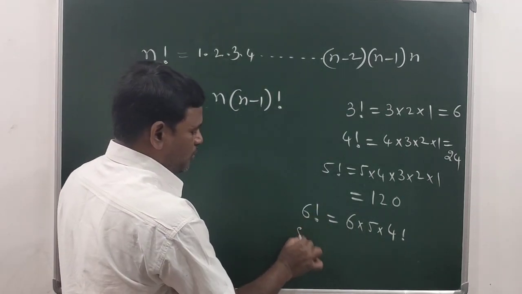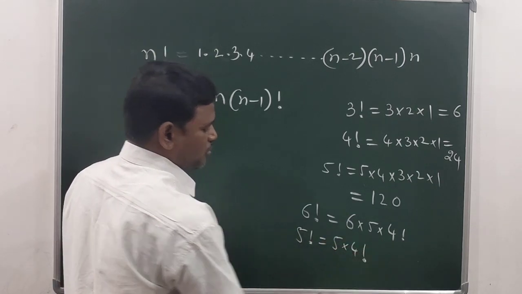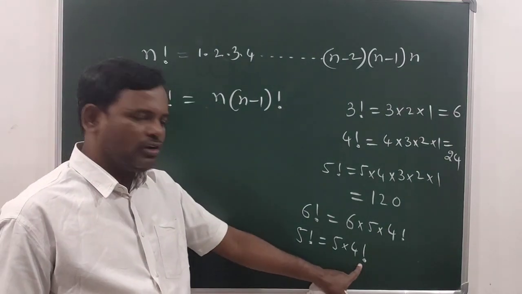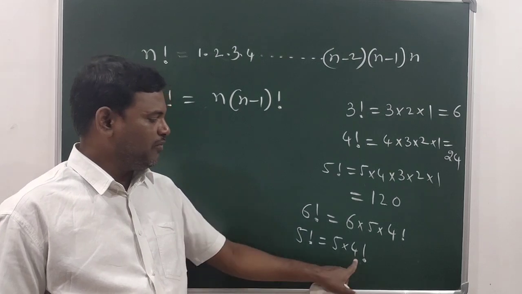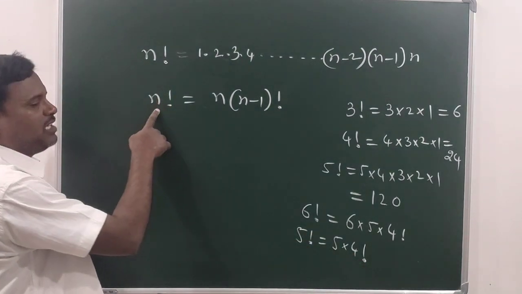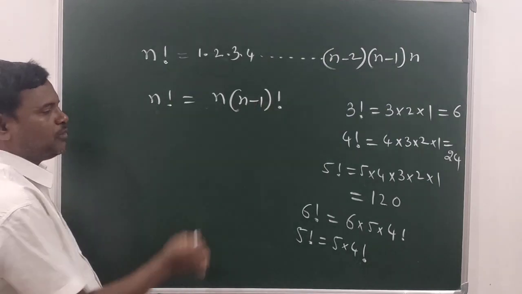Suppose 5 factorial, it can be written as 5 into 4 factorial also, because we are using this factorial symbol. If you remove this factorial symbol, it should be written till 1, like 5, 4, 3, 2, 1. In the same manner, n factorial can be written as n into (n minus 1) factorial,